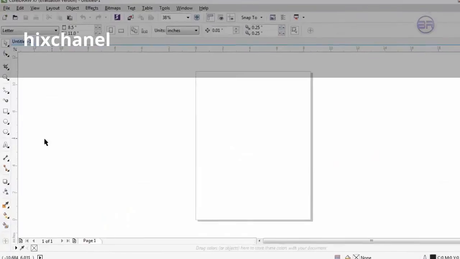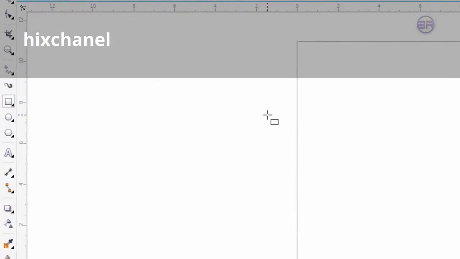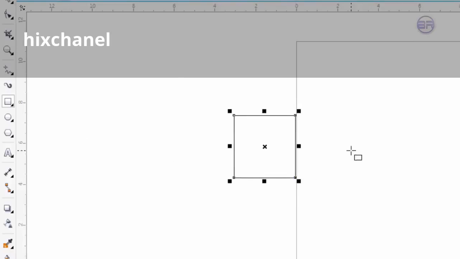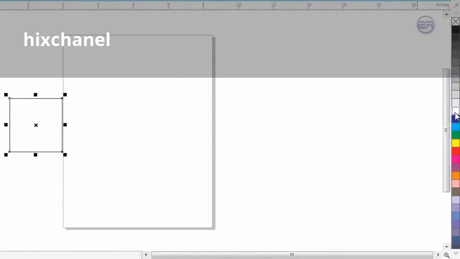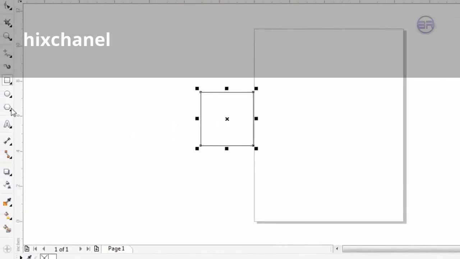first of all we will go and take this rectangle box, we'll create a small box of this kind, and inside this we'll fill the color into this box. From here the white color, this is the inside color of this simple white box. Now we will take this text tool, we'll click inside this box and we'll write B, and we'll increase the size using our mouse. So this is a simple B,